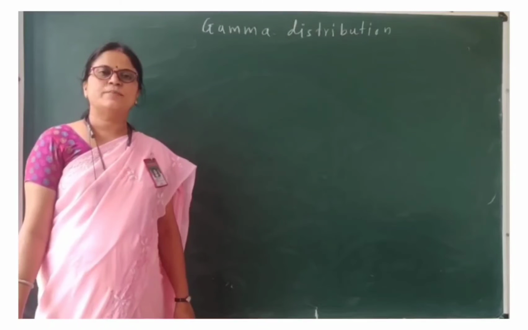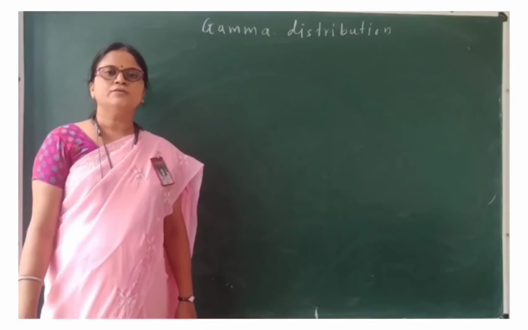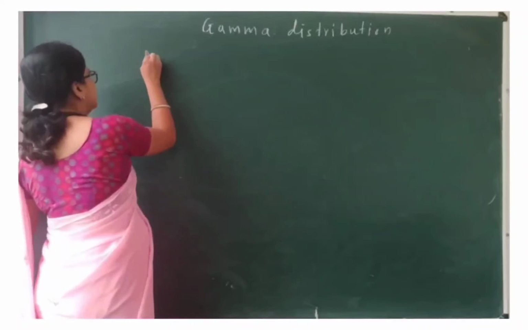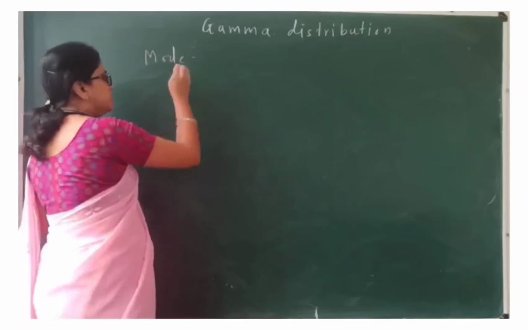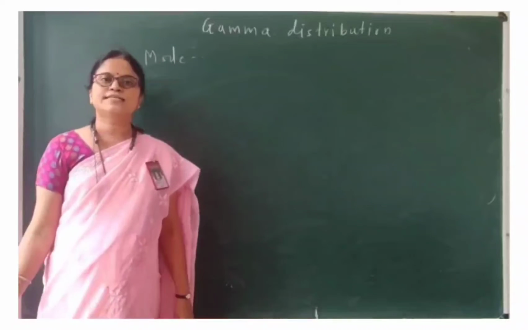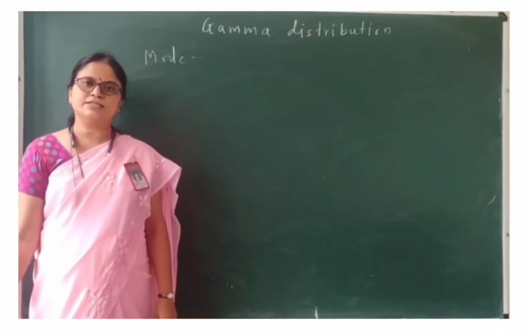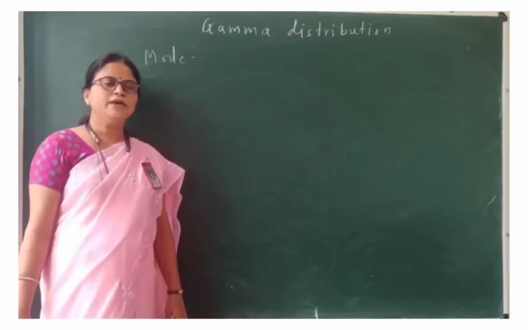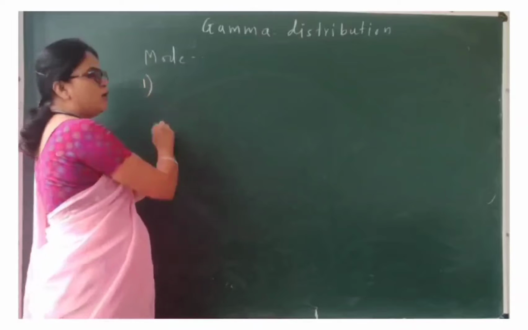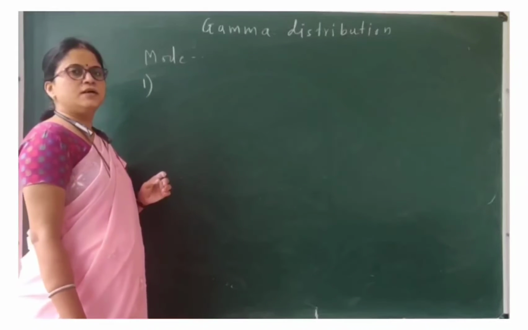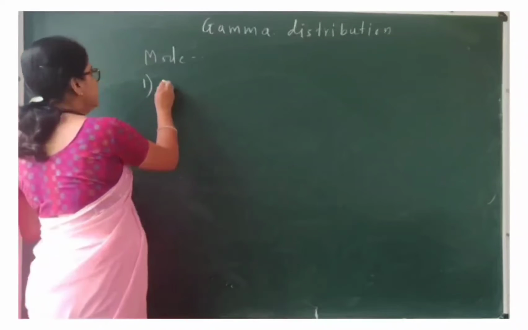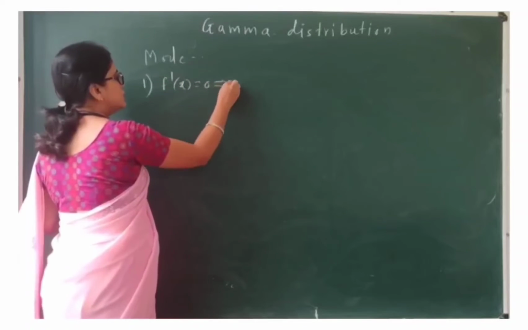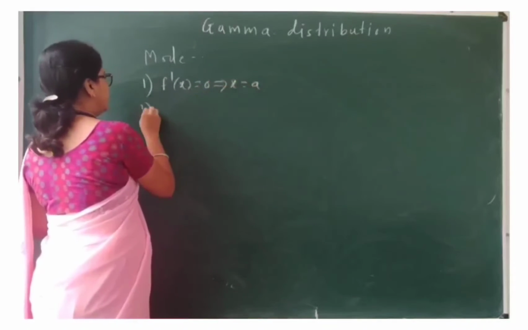Series of lectures on gamma distribution. Today, let me see what the mode of the gamma distribution is. We know that the mode is nothing but the maximum. So we need to find the maxima of f(x), and the maxima of f(x) is found by using the formula f'(x) = 0, which gives me some value x = a,